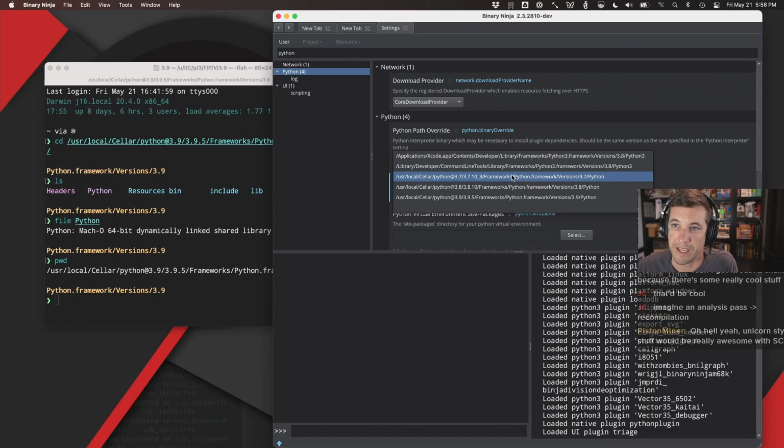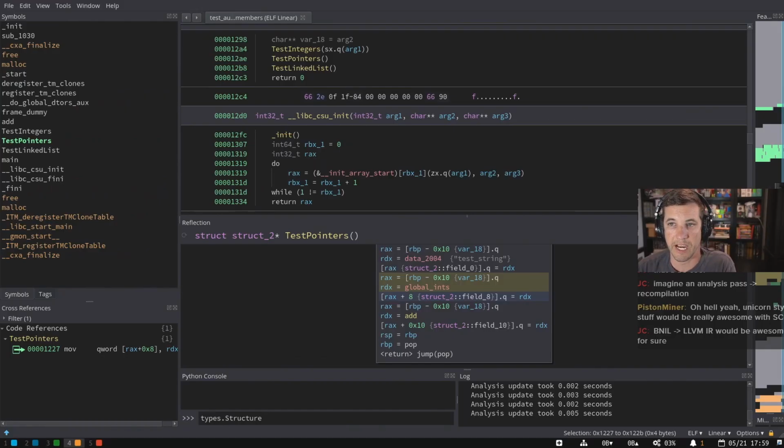So yeah, being able to actually use BNIL integrated and compile with it. There's all sorts of cool stuff that would be fun to do to re-emit things. So the other way we've talked about doing stuff like that is actually BNIL to LLVM IR, which would be another kind of way to go back around. There's some considerations with the way that we're doing deferred flags and implicit flag calculation. We'd have to produce explicit flags to emit to something that would then get recompiled back natively, probably. Yeah, maybe we wouldn't. I mean, there might be other ways we could do it too. I don't know. It's something we've talked about, and there's some ideas. Yeah, there's a lot of neat stuff you could do with an LLVM IR translation.